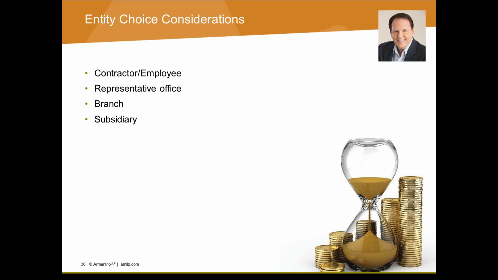The next one up from that is, if we do need to register something in that country, can we do it through a representative office? These are dependent on the type of activities being performed by that employee in the local jurisdiction. The next step from there is a branch. A branch is now a taxable entity in that jurisdiction. How do I minimize my presence there? Do I use a branch, or do I use a subsidiary, which is the more formal presence in a country? Most European countries have changed their rules such that it's not very beneficial at all to be a branch there anymore. You typically will go straight to a subsidiary from both the cost perspective as well as the taxation perspective.